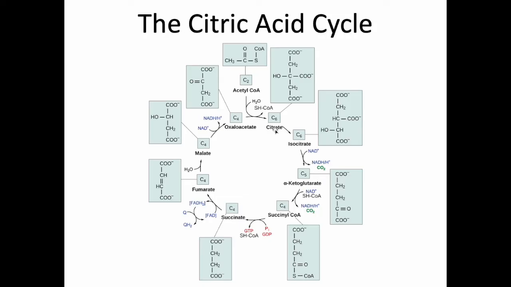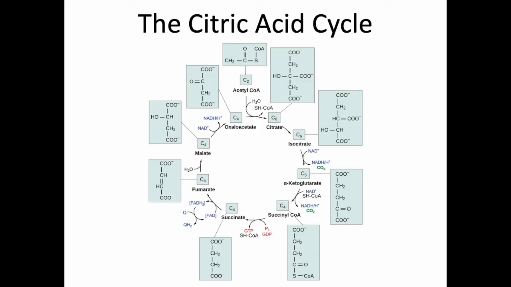The first step here involves creating citrate. 1, 2, 3, 4, 5, 6. 6-carbon citrate. From there, citrate is going to be broken down. Hey, there's a carbon, CO2 being released. We're losing carbon. We're losing another carbon. And it's going to be oxidized. There are going to be more electrons removed from it until we eventually convert this citrate back to oxaloacetate, right where we started again, ready to receive another acetyl group and go through this whole business again.